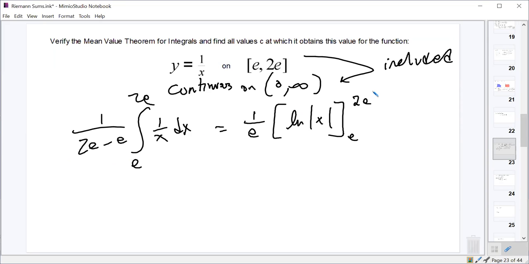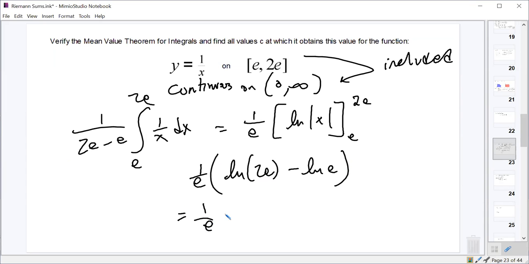I'm not going to talk about all the rules and how they get derived for ones that we should already know, but I'll send out the formula sheet. But you should know that formula. And you should know the second part of the fundamental theorem of calculus, which says that if we have upper and lower limits, we just evaluate. So 1 over e times natural log of 2e minus natural log of e. I didn't bother with the absolute value anymore because both 2e and e are positive values, so it's redundant. Natural log of